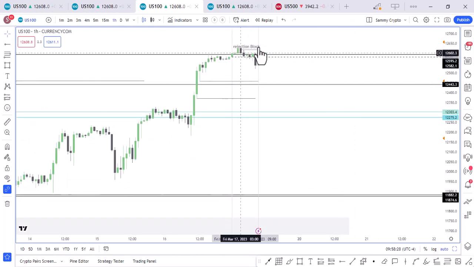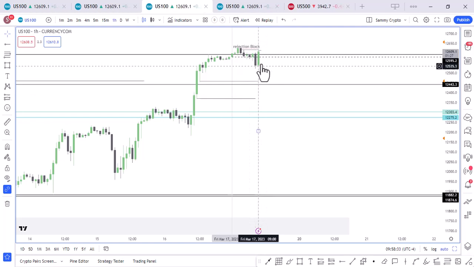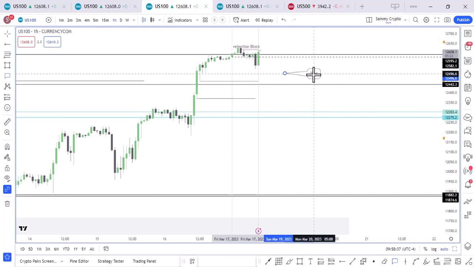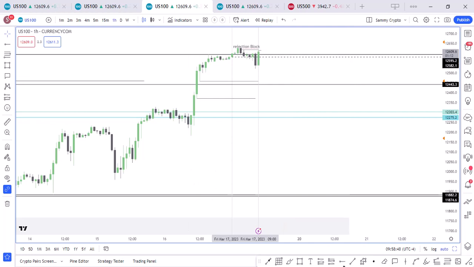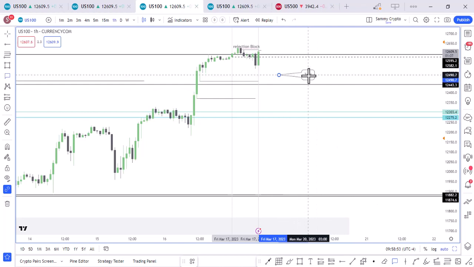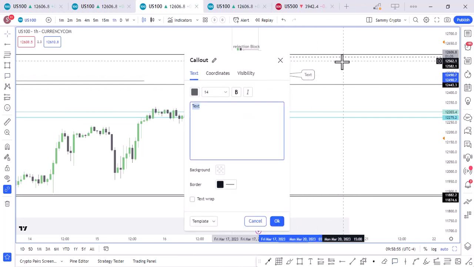I don't know about your pair, but for Nasdaq, I was outlining this 1 hour FVG, that 1 hour imbalance. No matter what was going to happen at that PM, I was trying to comment that I don't buy above imbalance. Now take this as homework for this weekend. Whatever you want to do, go and study your chart. See how price reacts to 1 hour